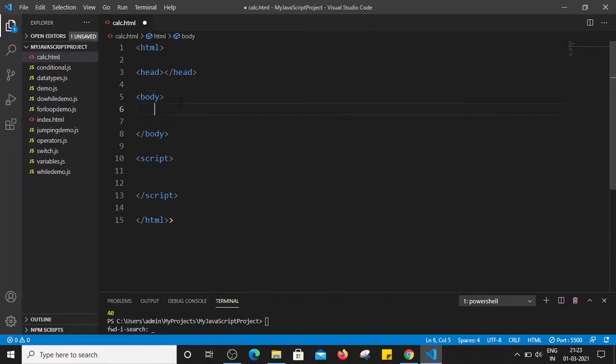So I'm just going to create two input boxes first. I'm going to give input id equal to, let's say, input1. So basically that is number 1. I'm just closing the input. Similarly, we will create one more field. Before that, let's give a break tag.